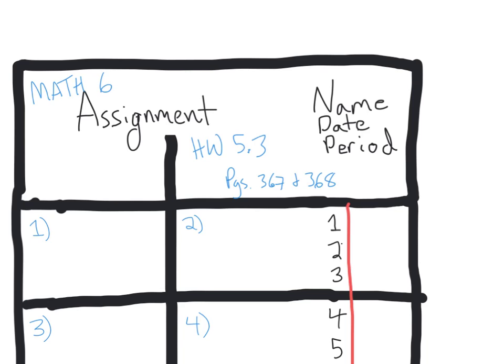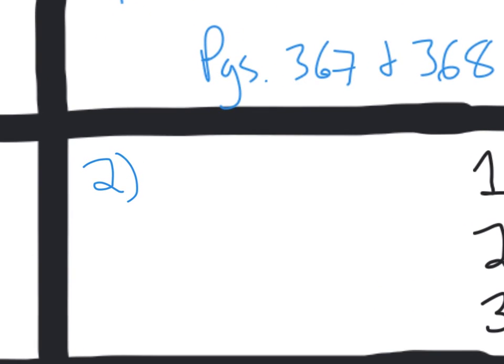Let's take a look at a few examples from tonight's assignment. Let's go ahead and start with problem number 2. We are asked to compare two numbers using less than, greater than, or equal to. Our two numbers are 1 and -3, and we have to fill in that little circle with one of these